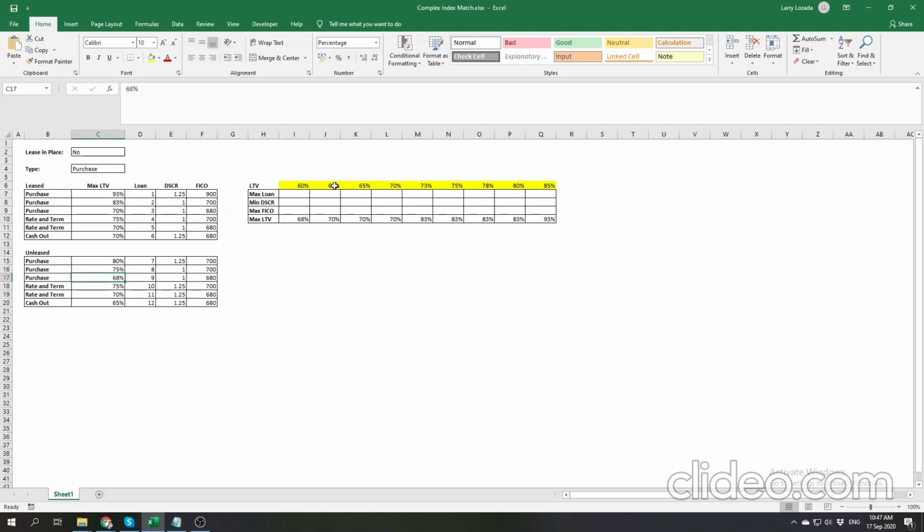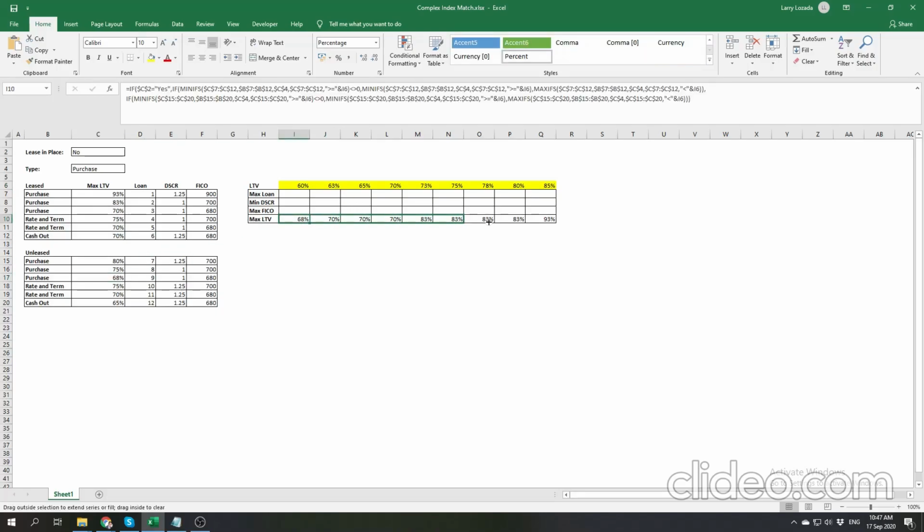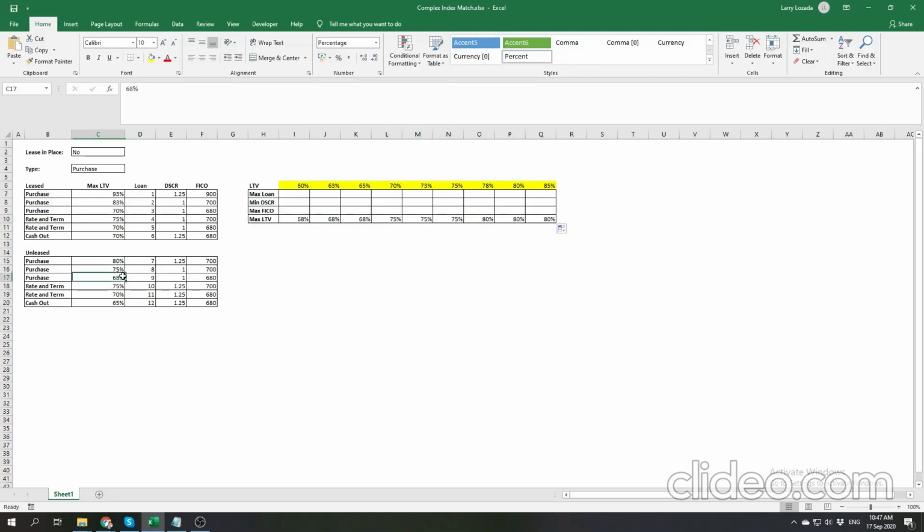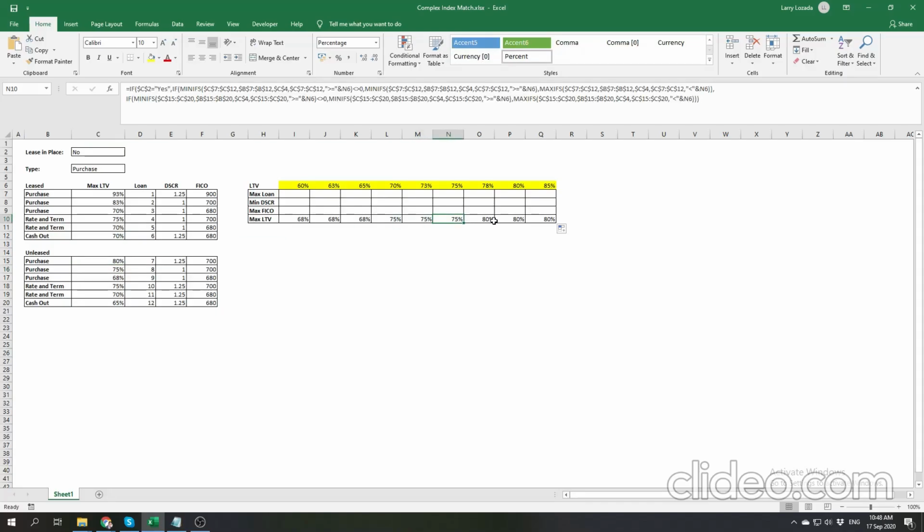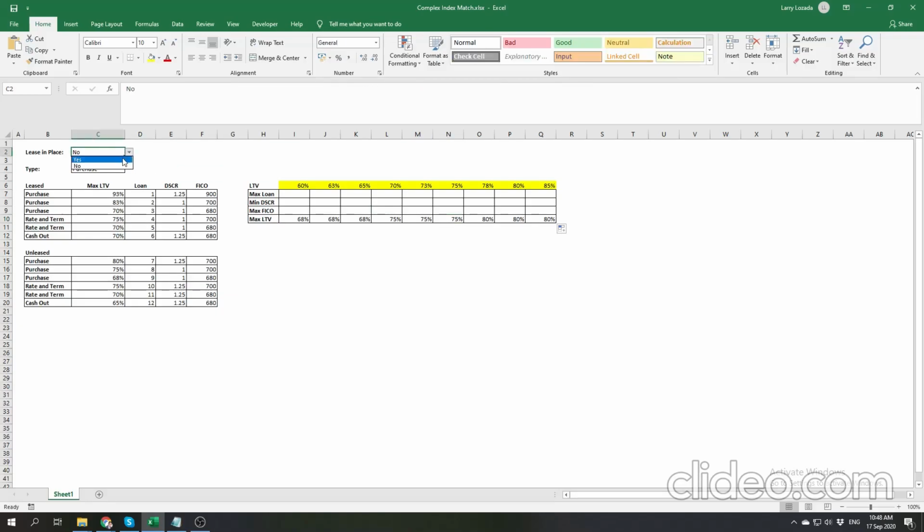How about value that is greater than, well, yeah, you have to drag this formula. I forgot. All right. So 68%, also 68, 75, and 75, rest 80%. Okay, go back to yes,